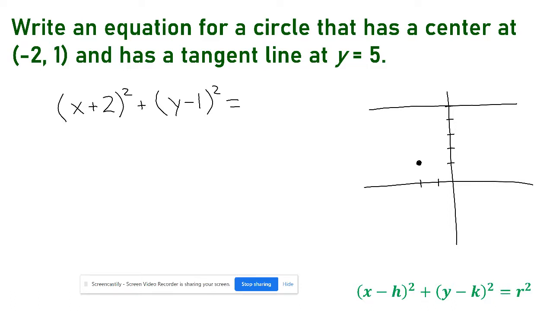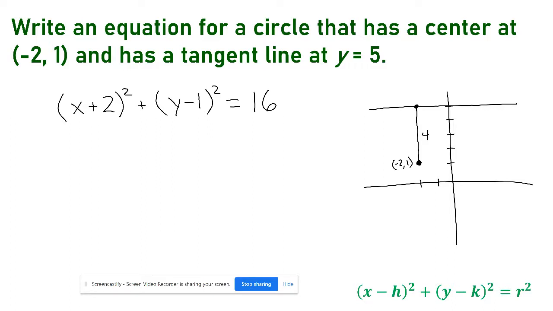And so what I can do to find my radius is I'm just going to go straight up from my center point until I hit this line. And this little line I just drew is my radius. And so I can just count. I was at 1, so this is at (-2, 1). So I was at 1 and I went up to 5. So the distance here is 4. I went up 4 spots. So my radius is 4. So my r squared would be